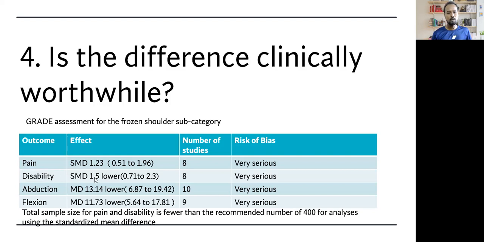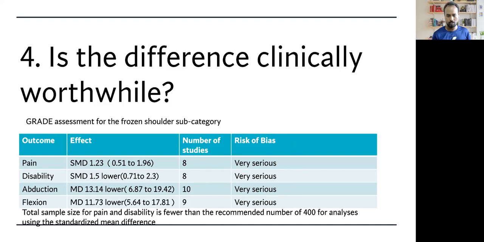And 1.23 on 1.5 is what we call an acceptable one, even though there are a lot of issues with that. But you can see again, the lower estimate is very low, 0.5 and 0.7, right? And the risk of bias rated for all these studies is very serious. So even though for pain and disability the SMD falls in an acceptable range, without having to convert this into a clinically meaningful term, if we just go with technicality, it shows that it's acceptable. But with a very serious risk of bias, the interpretation is that it is likely to be an overestimate